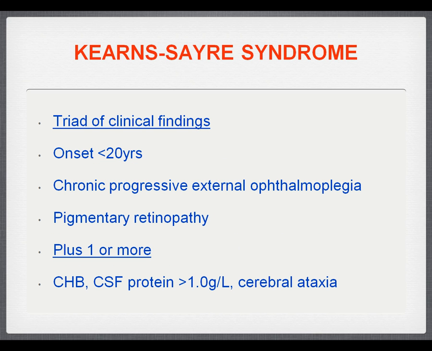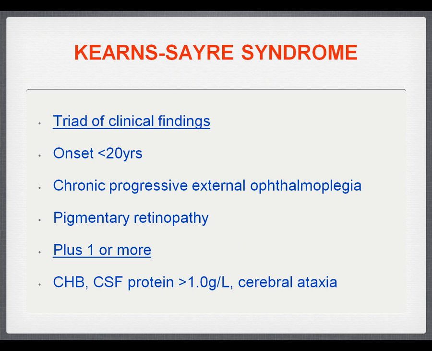So just going back to the case that I talked about, and what diagnosis this lady told me that she had. To fit into this syndrome, you need a triad of clinical findings, which are said to be an onset less than 20 years, and if her history was right, and it's hard to know how long she had the symptoms, it would have been in her late 20s, maybe she started getting this ptosis, that they get chronic progressive external ophthalmoplegia, which she certainly had, and from what she was saying from the ophthalmologist, she probably had this pigmentary retinopathy. So she had those three, plus one more of this complete heart block, which is the serious thing that we certainly worry about with anaesthetics.